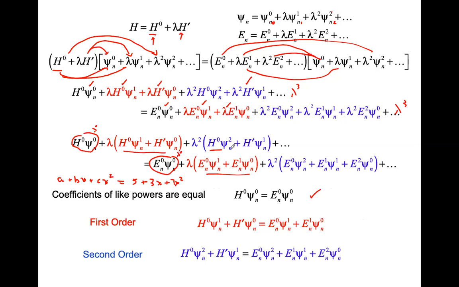And then here in the blue, that's the second order. That's anything that was multiplied by lambda squared. Those two coefficients also have to be equal, and they're referred to as the second order correction, or the second order equation. And so the game here in perturbation theory is you have to know, because we've already solved